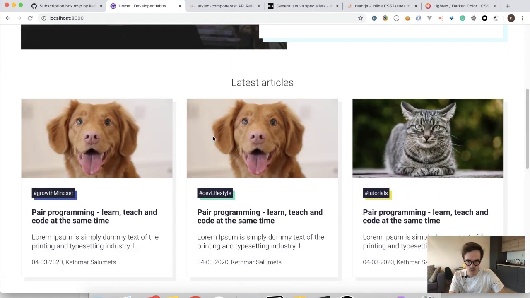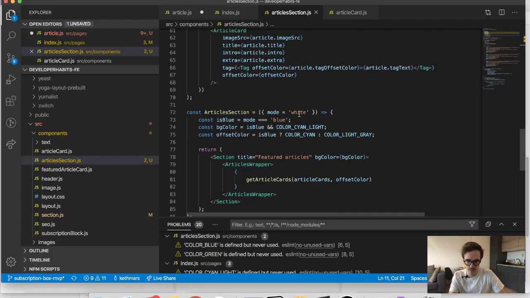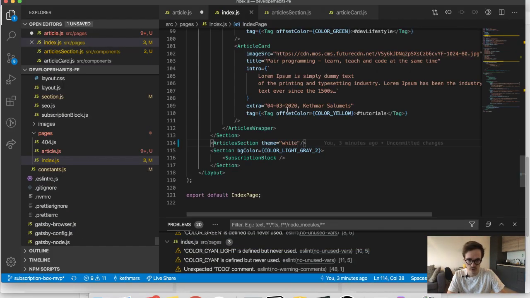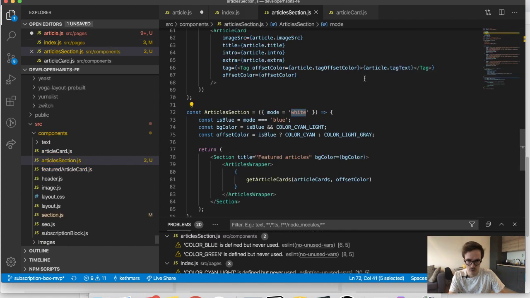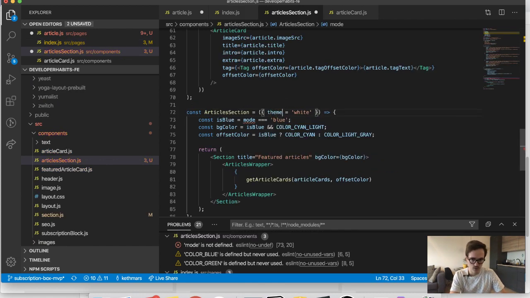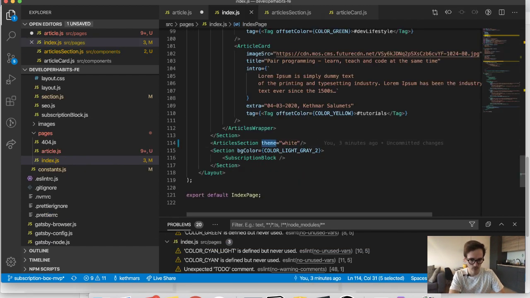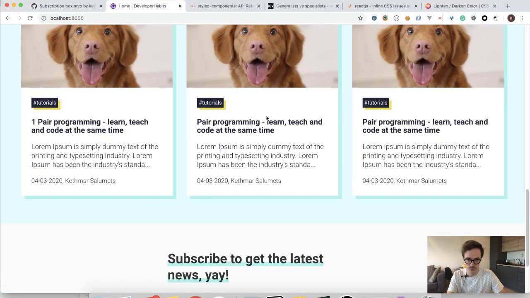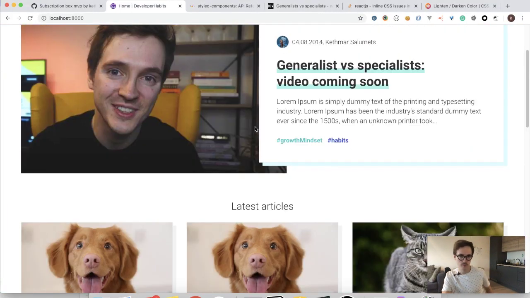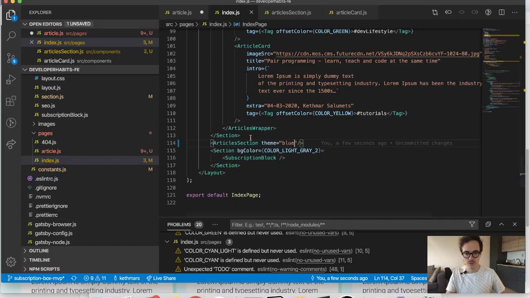So at the moment they are white because the default mode is white. Theme. And if we make it blue, the second one should be blue. Yep. And as you can see,